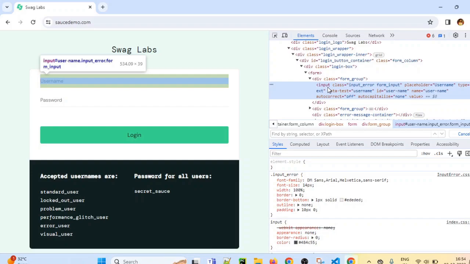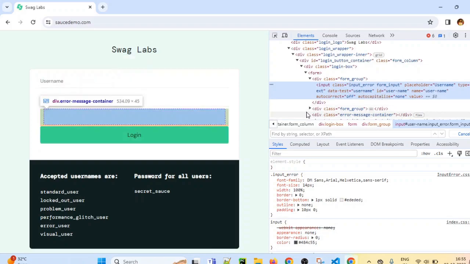So syntax for writing CSS selector by using tag name and ID. If you see, input is a tag name and there are some attributes like class, placeholder, type, data test, ID. These are attributes. We can see ID attribute also there. So first combination is tag name and ID. So what is the syntax for tag name and ID?